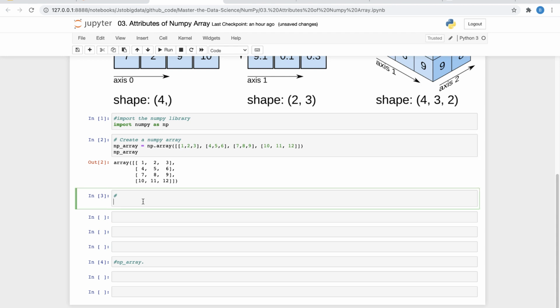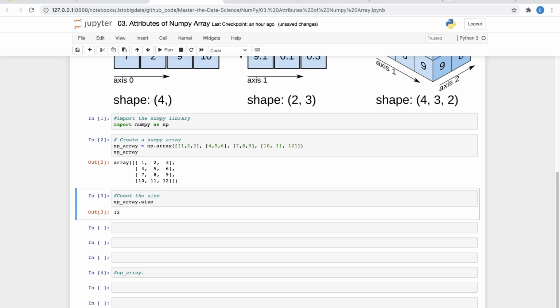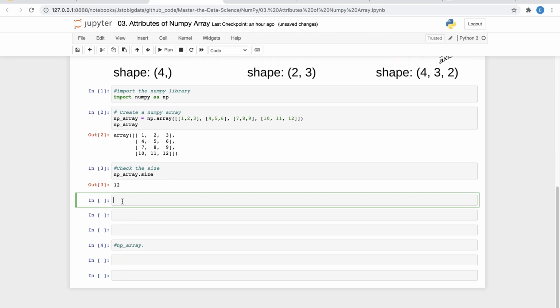And how can I check the number of elements that is present? Let's say check the size. You already know that it is array.size. So if you have missed it, remember your array.size will give you the size of the array. And again, if you want to check the shape of it, you can do .shape.